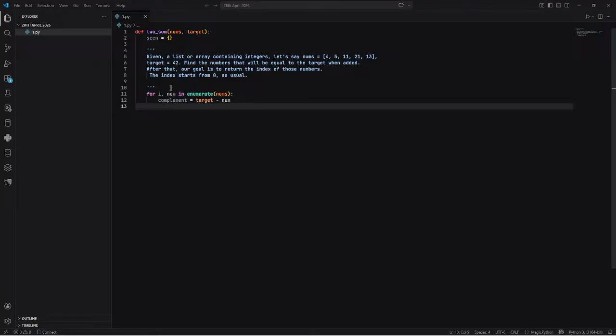So basically the target, we are subtracting the number from the target, so that we find another number that will make our target when it is added with the num, and in that process we'll be able to figure out the position which is our index. So that's it. Now we are going to return the complement